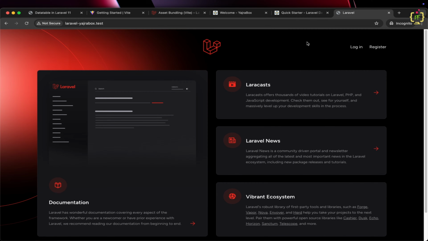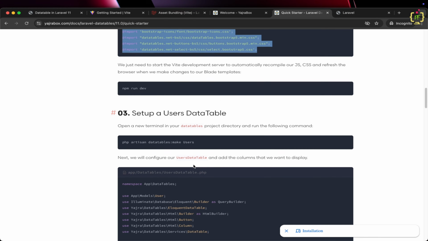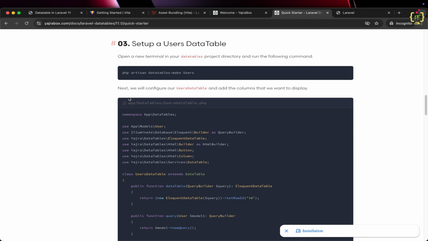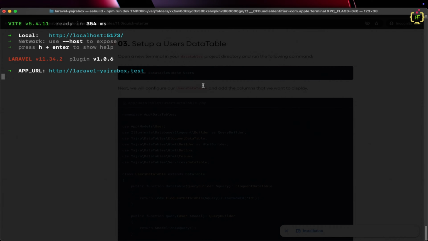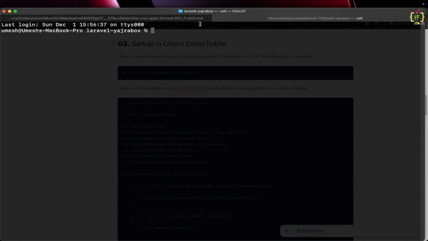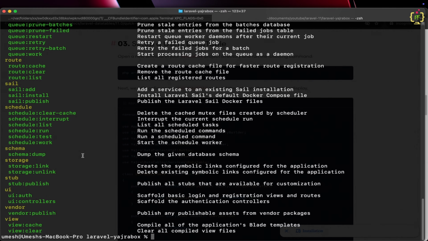Okay. Now we'll follow the documentation for data table implementation. So in the next step, we will create a data table class. So when we installed Laravel Yajra DataTables package in our project, it has added some custom command to create a data table class. If I come to the terminal, let me duplicate this terminal here. So I'm on the same project folder. Now I will type php artisan command. And if I scroll up,